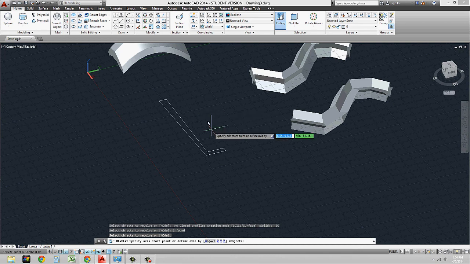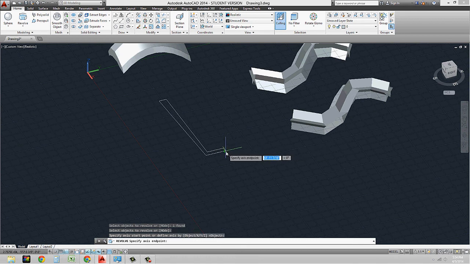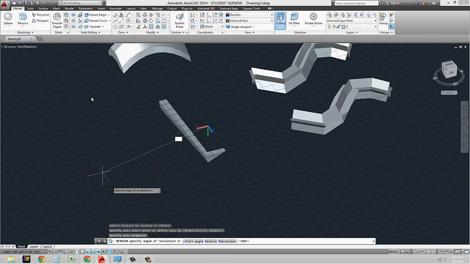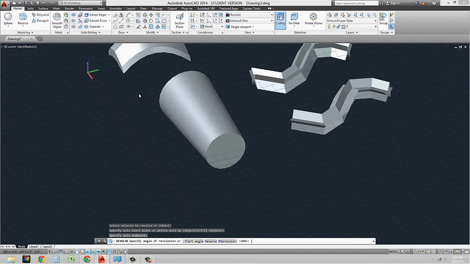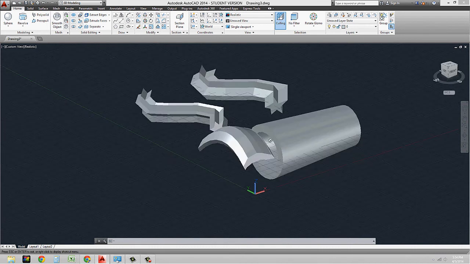What that's basically asking me to do is define the axis about which this is going to revolve. So I'm going to click on the endpoint of this profile on my bottom here, click on the other endpoint, and now you'll see that it allows me to revolve this shape around. You can do it arbitrarily, or if you hit enter, the default is 360 degrees. And then in this case, what I would do is rotate this cup to stand up on